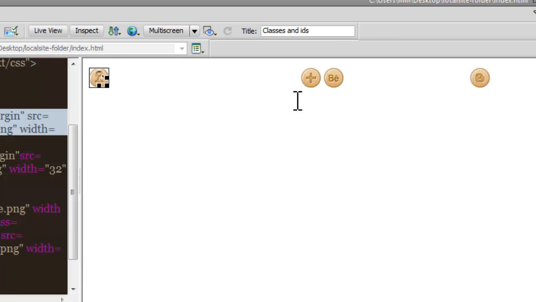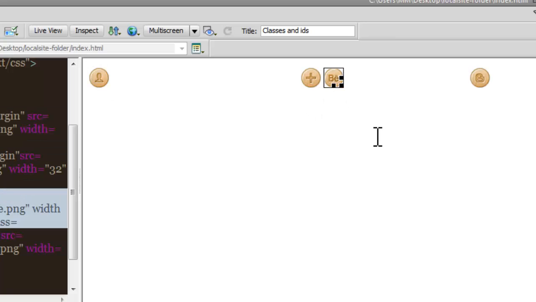Alright, so is it that with classes I can just apply margins? No, you can apply a lot of things. You can apply borders, you can apply padding, almost all the properties in HTML. I'm using margins just for the sake of this tutorial, just as an example, but you could have applied any other property. You could have applied the opacity property, you could have applied the display property. Alright, for example,